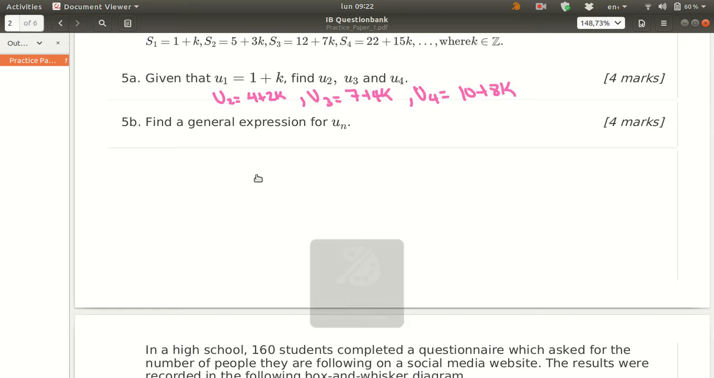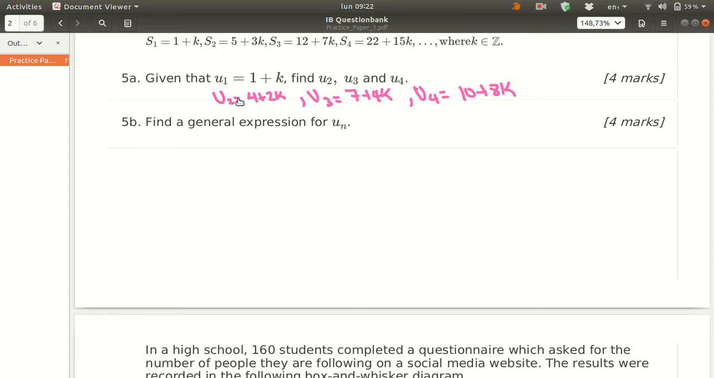Okay, so now part B. Find the general expression for U sub n. And basically, the main reason that everyone got this one wrong is because nobody got U3 and U4. So there was no way to find a general expression for it if you didn't even get these two, okay? So let's analyze